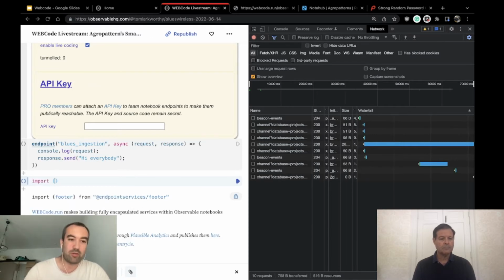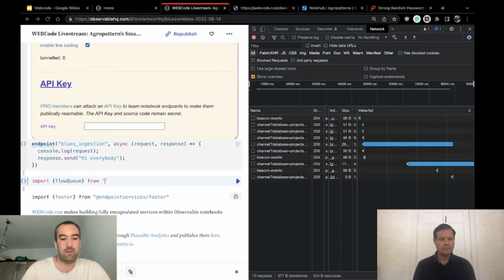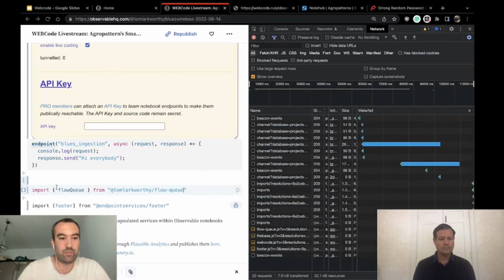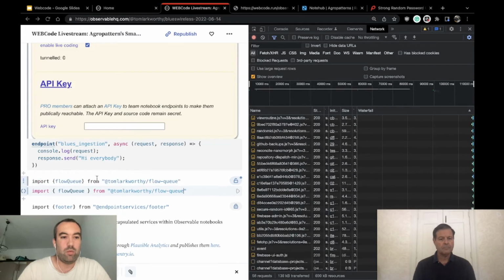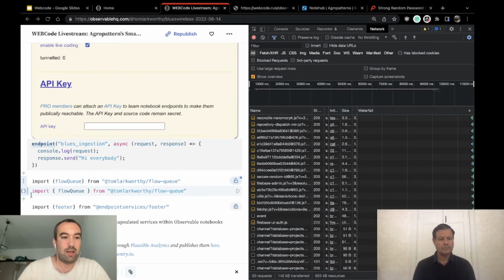I'm not going to program it in advance. I think a lot of time is wasted in development by writing a program, then switching to testing the program, and switching back to writing. We're going to interleave all this in a nice way. And in order to do this, I need to set up a queue from Tom Larkworthy, flowQueue. What this flowQueue allows us to do